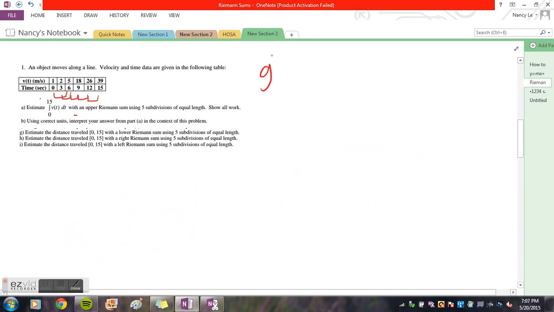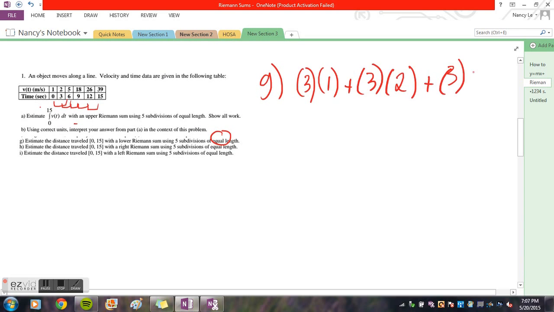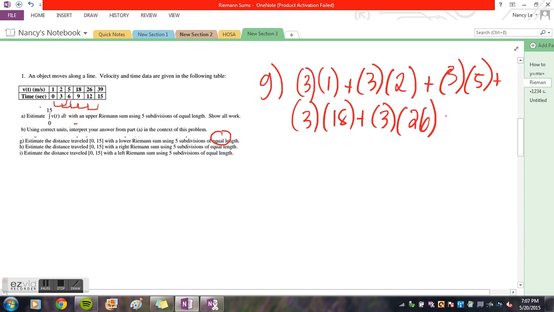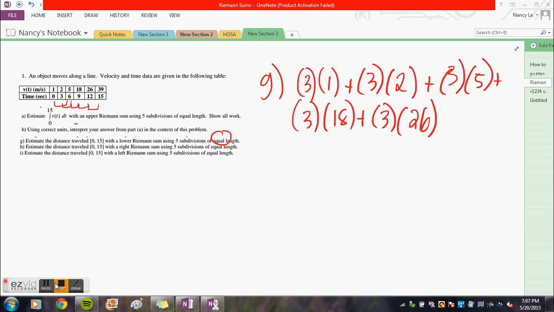Now for G, it's asking us for a lower Riemann sum using 5 subdivisions of equal length again. So that's 3. The lower value out of 1 and 2 is 1. Plus 3 times lower value is 2. Plus 3 times 5 plus 3 times 18 plus 3 times 26. And that gives you